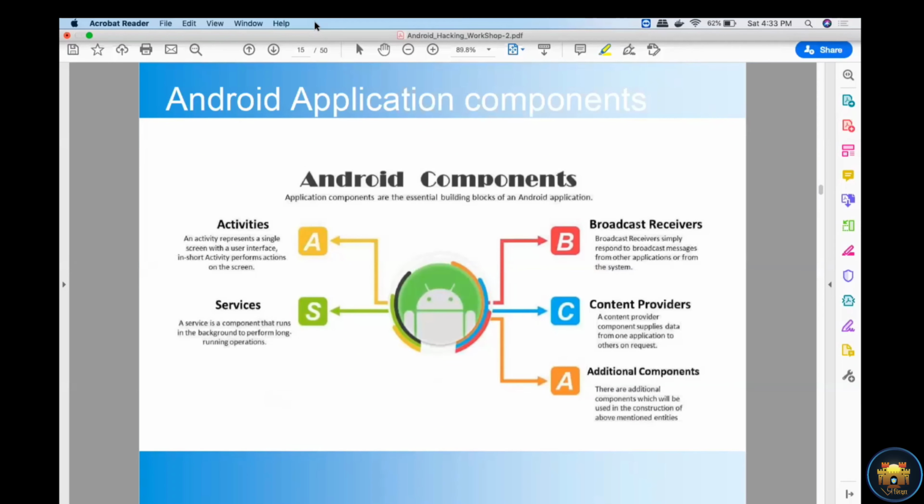That content resolver sends a query to the content provider to store the information, like an insert operation. If another application wants to get that information from the database, it uses the content resolver with the content provider to access the database and get the information. So the content provider is a main component of the application for sharing data between different applications or the same application.